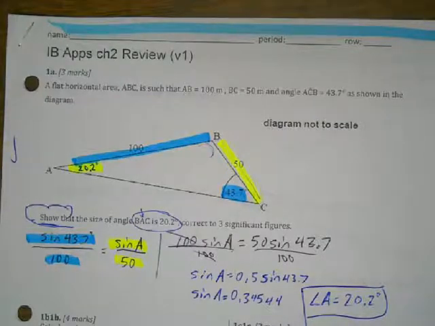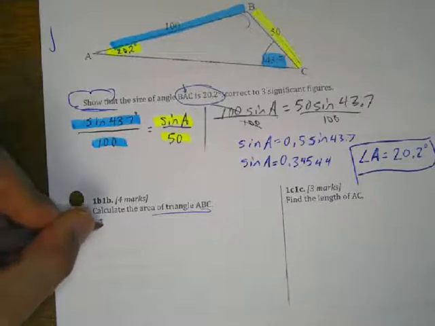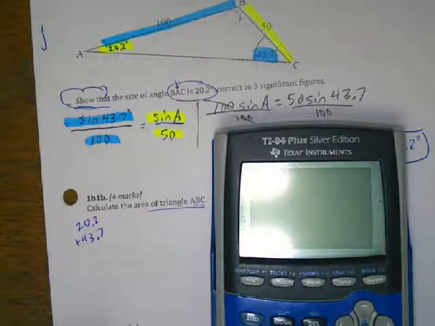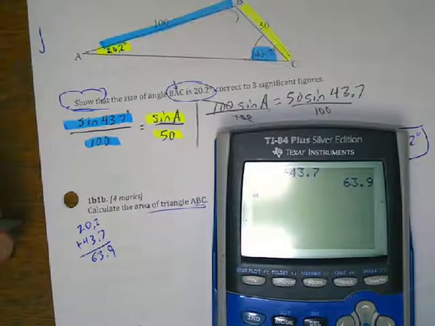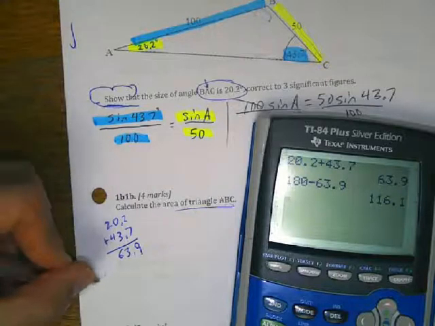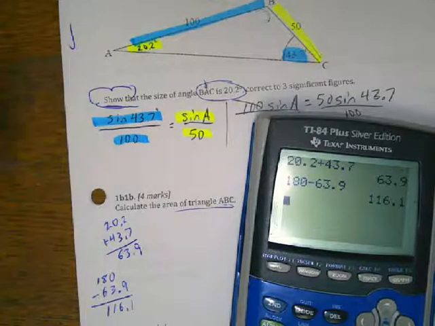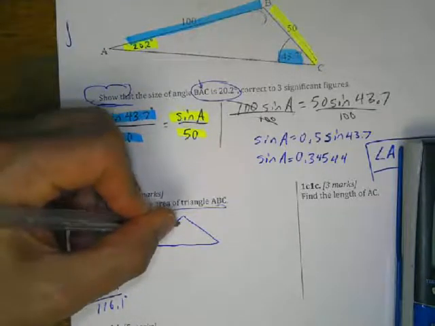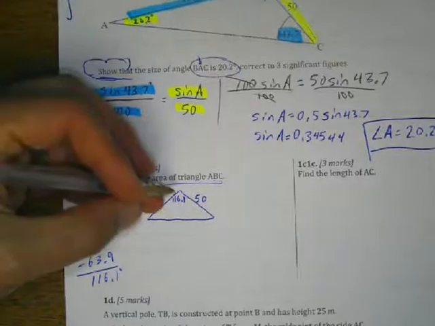So in order to figure out that angle, I'm going to add 20.2 plus 43.7, and we get 63.9, and then 180 minus 63.9, and we get 116.1 degrees. So that means this angle here is 116.1. We know that's 50, we know that's 100, so now we can use our area formula,